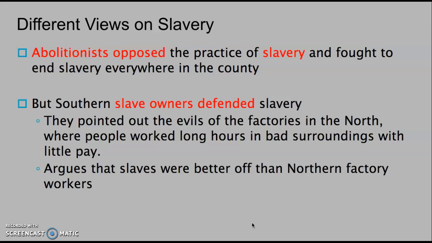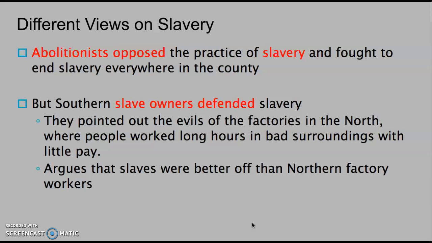Not only did they not want it to continue, but they certainly wanted to prevent it from moving westward as people moved westward. Southern slave owners continued to defend slavery, saying that working in factories in the North was a much more hazardous environment for people to work. They had to stand all day doing the same repetitive actions,